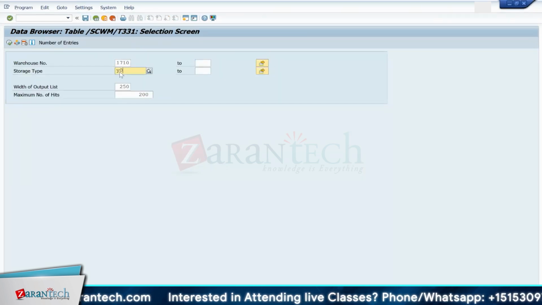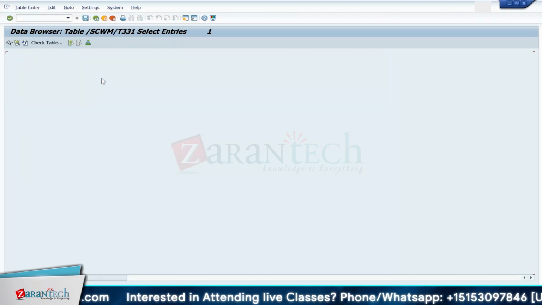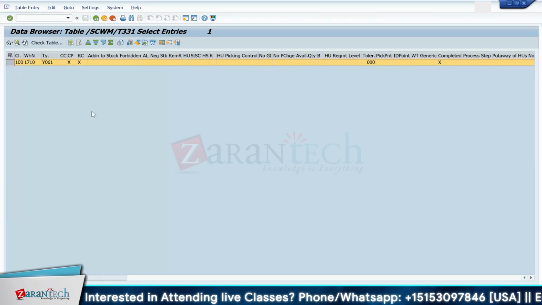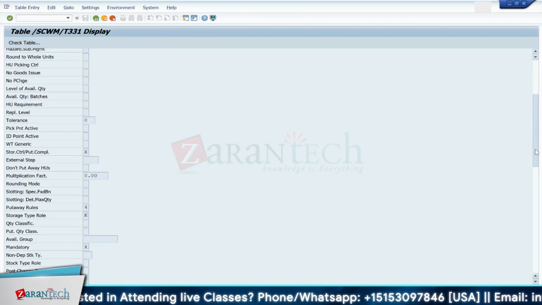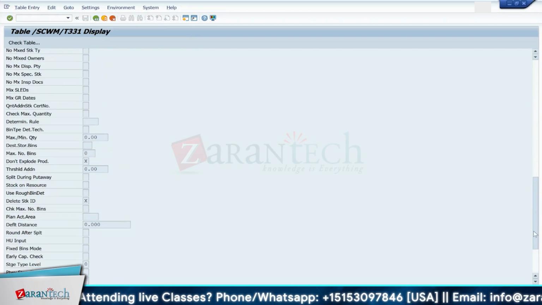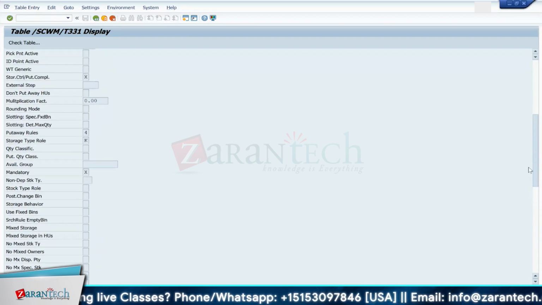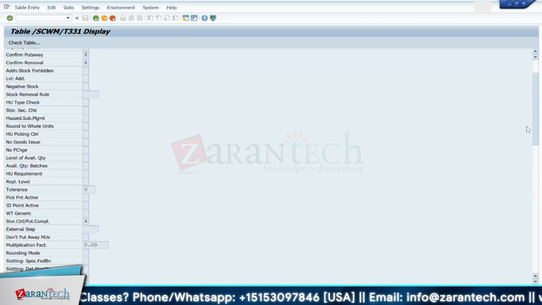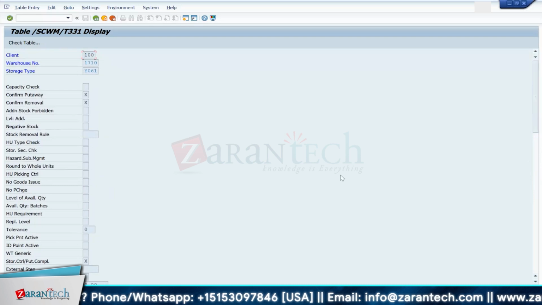So it is Y061, and over here, there is no availability group which is mapped to this. But ideally, if we are registering a particular storage type for production supply area, we should also set up the storage location against it. Okay, so to assign the storage location, we need to assign an availability group